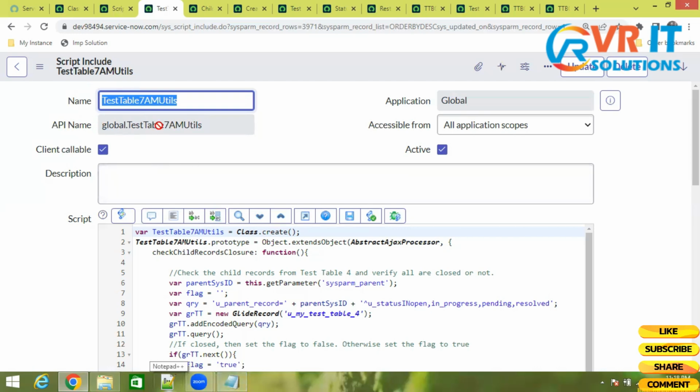Okay, a script include can be called from the client side scripting. When this is unchecked, that means this script include can be called from the server side. So at the time of creating the script include, you will either check this or uncheck this. You will not change it every time whenever you require. At the time of configuration of the script include, we'll have to check or uncheck this depending